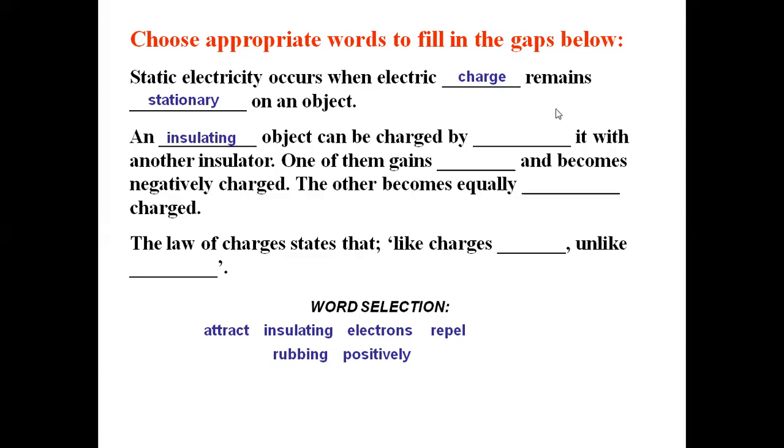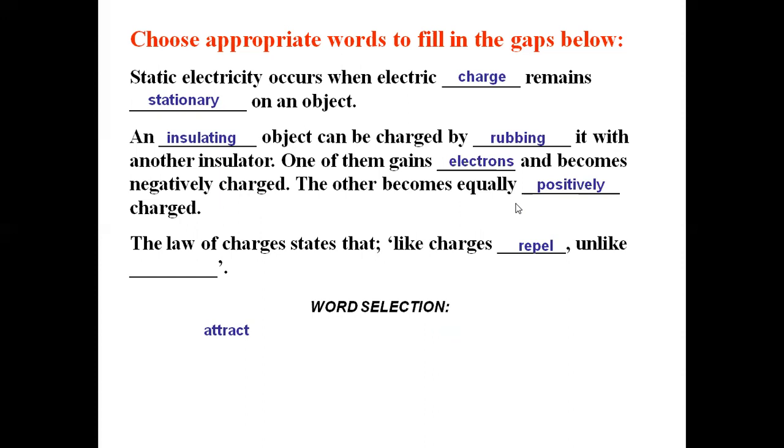Let us see what comes. An insulating object can be charged by rubbing it with another insulator, like ebonite is an insulator, cloth is an insulator. So when they are rubbed against each other, one gains electrons and becomes negatively charged, the other one becomes positively charged on losing electrons. The law of charges states that like charges repel, unlike charges